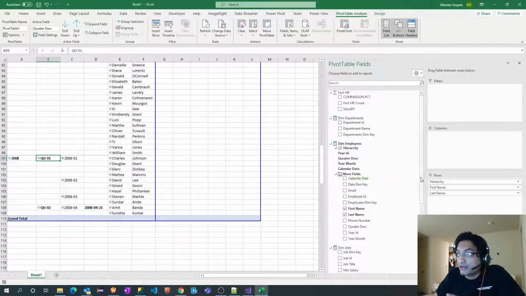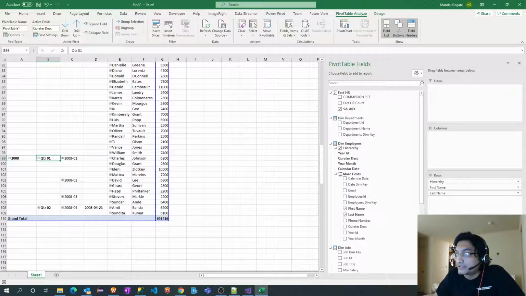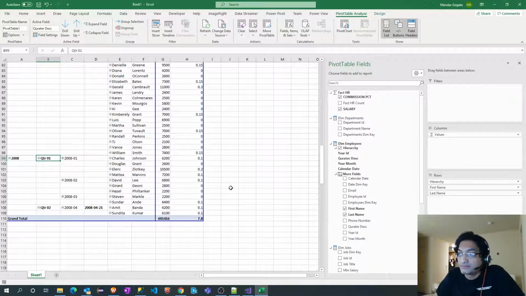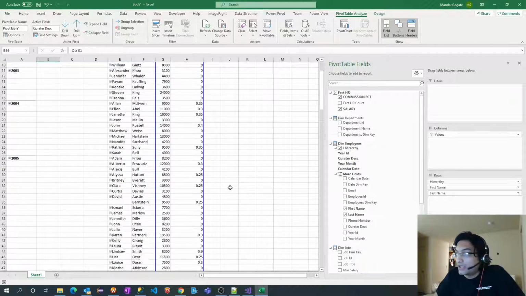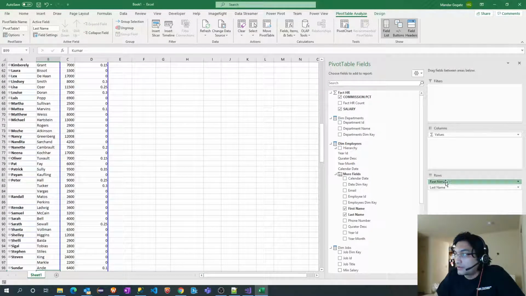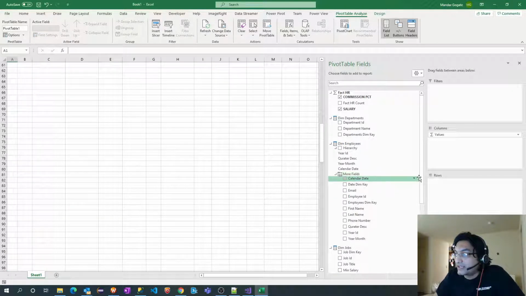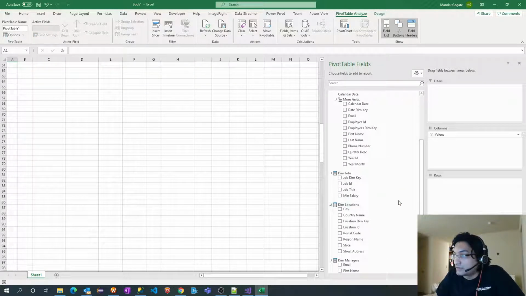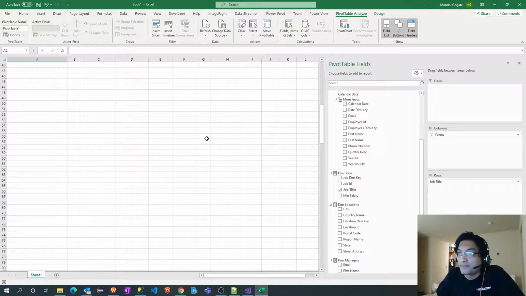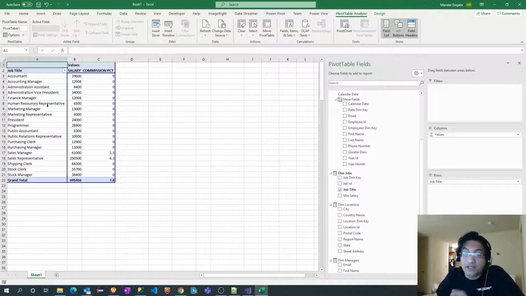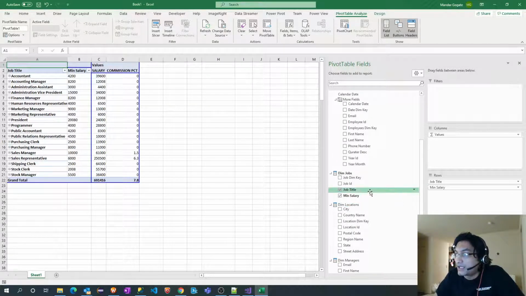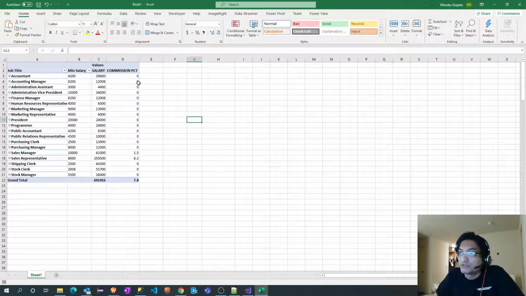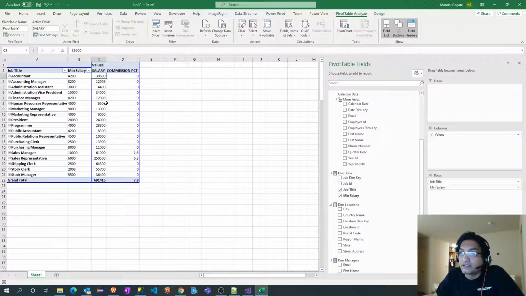Now let's say you want to see the salary, I will simply grab this. See, I got to see the salary. Let's check the commission percentage. I get to see the commission percentage. Now I will remove everything, and if I want to see the salary by each designation, I will put job title here. See, this is the salary, a combined salary, and you can get max and min salary as well. This is the minimum salary, I haven't pulled max salary it looks like, and this is the sum of the salary.